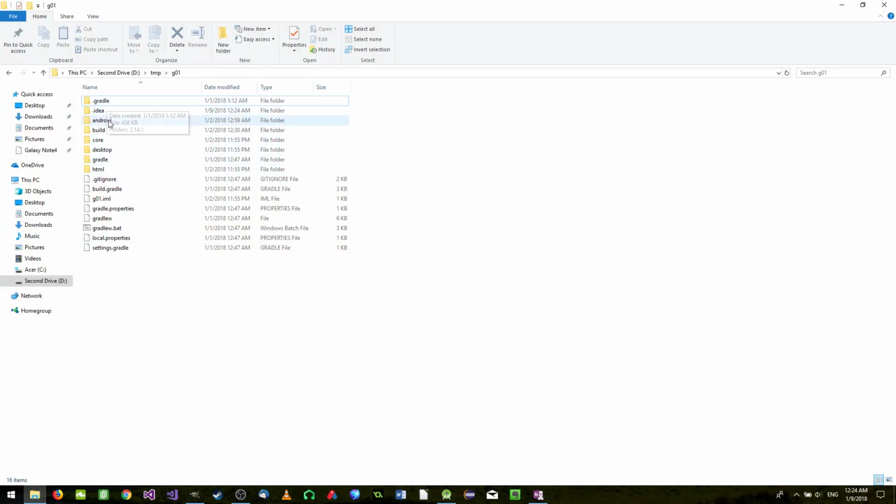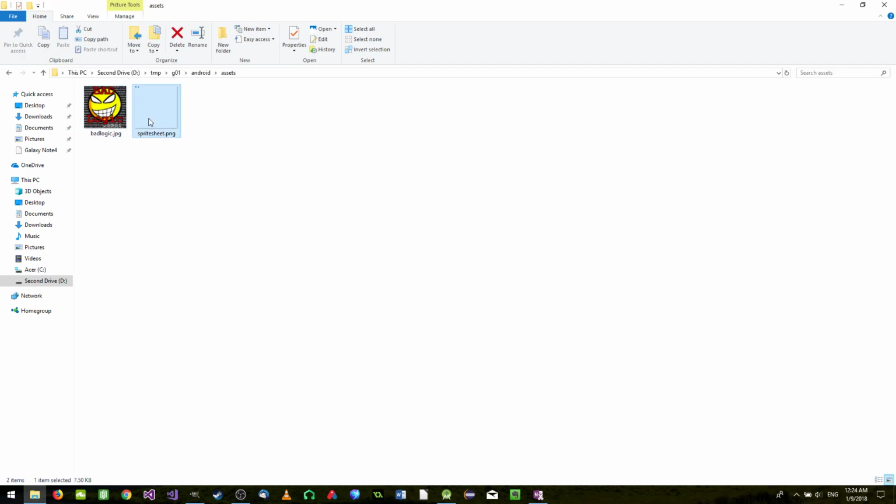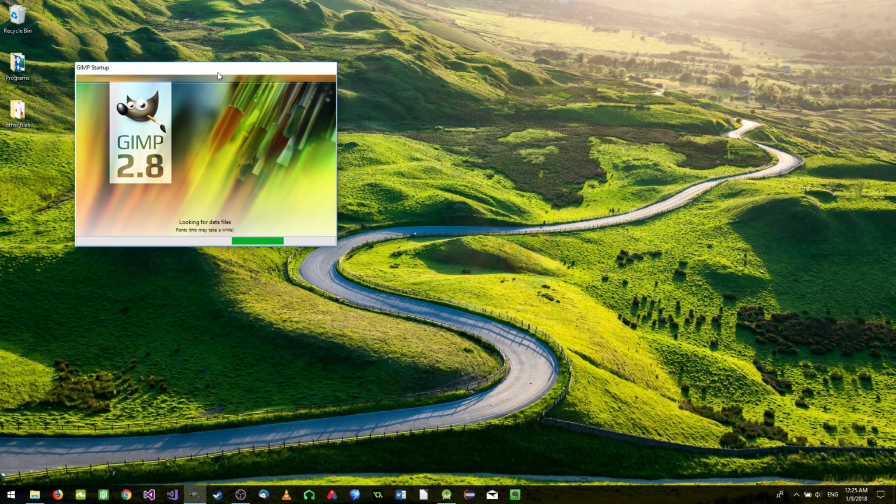In the Android part, in the assets, you'll find this sprite sheet file. This is the important file. As for this one, this is not important anymore. We already got rid of this one. I'm not calling it at all. Anyway, while this one loads, and I think because my PC just loaded,